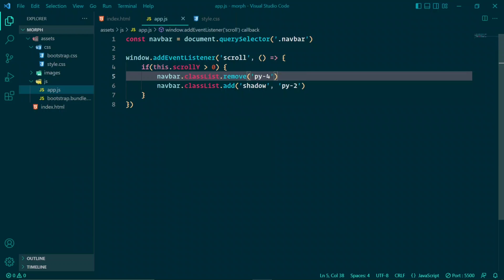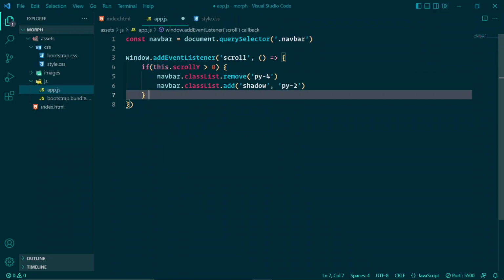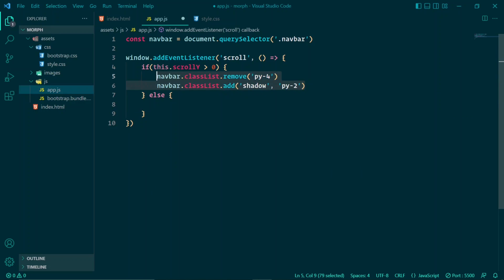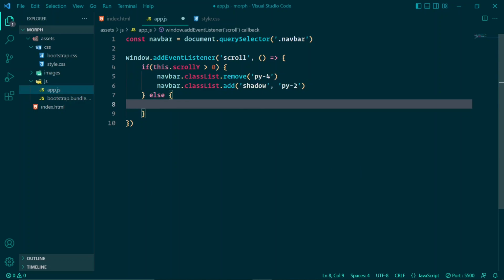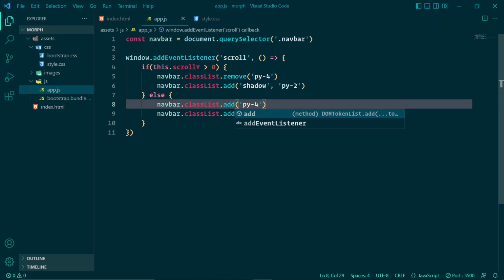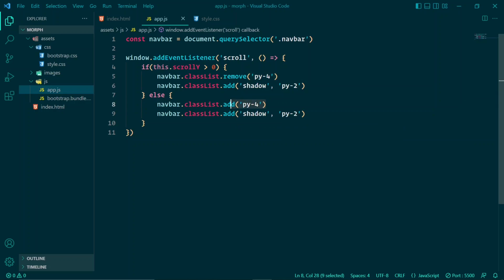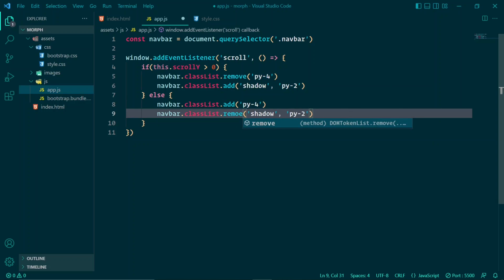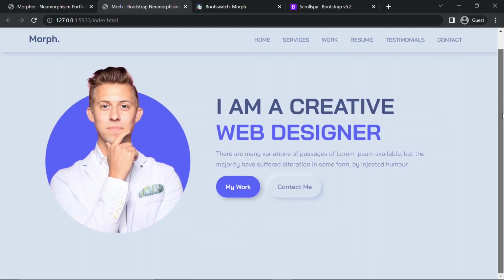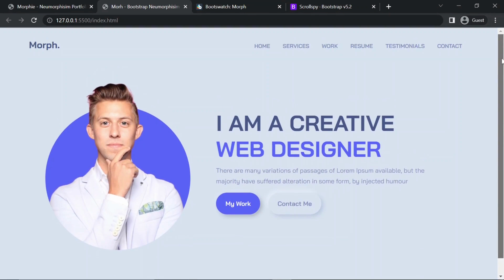All right, and else I'm going to copy this. I'm going to add a padding top and bottom 4 rem, and I'm going to remove these when I scroll to the top. So it's going to be shadow and 2 rem. All right, as you can see,